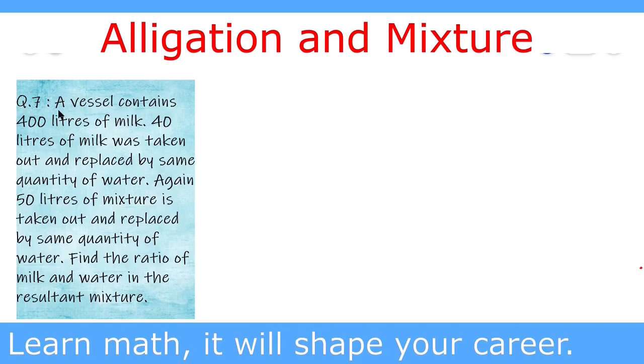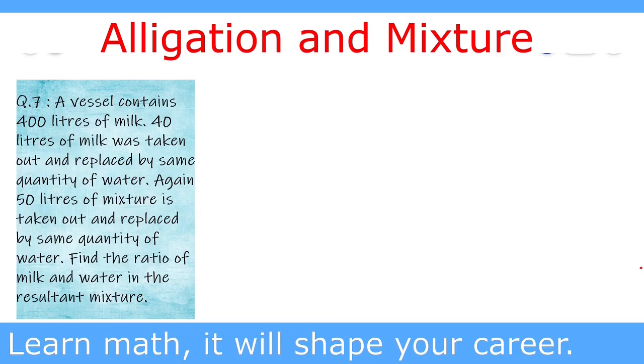The question is, a vessel contains 400 liters of milk. 40 liters of milk was taken out and replaced by the same quantity of water. Again 50 liters of mixture is taken out and replaced by the same quantity of water. Find the ratio of milk and water in the resultant mixture. In this question, first